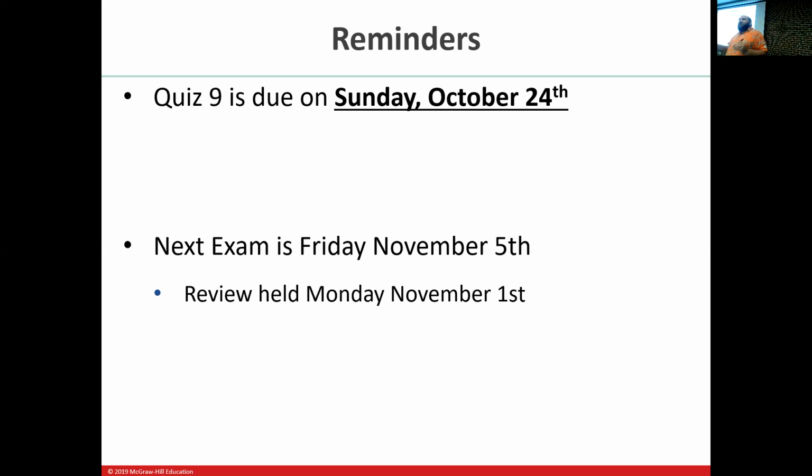Give me some time just to double check things, because sometimes, for instance, we had a situation where one of the Scantrons just didn't get scanned through properly by the testing center. And so it got lumped into a bunch of all the other Scantrons, and it took me a minute to find it, and I had to hand grade it. So nothing should be missing, but I want to make sure that if there's something that looks weird, let me know.